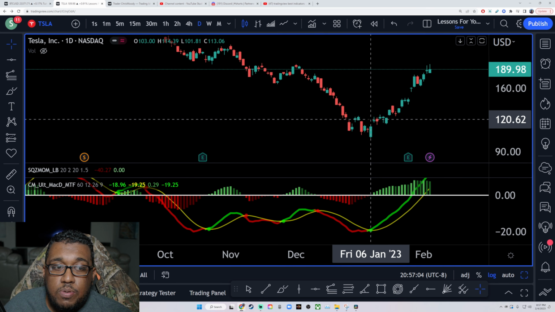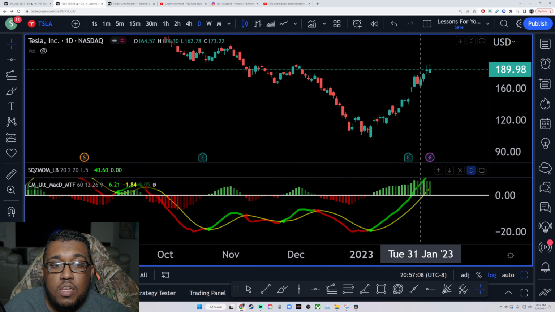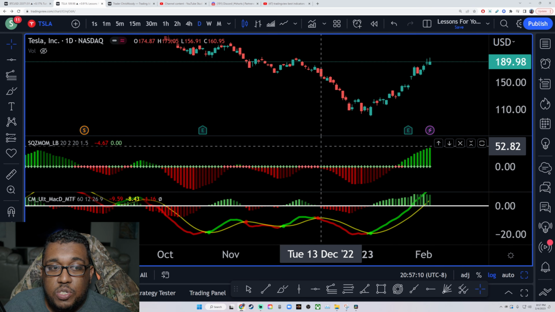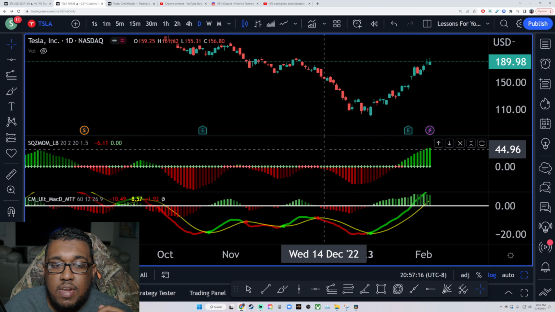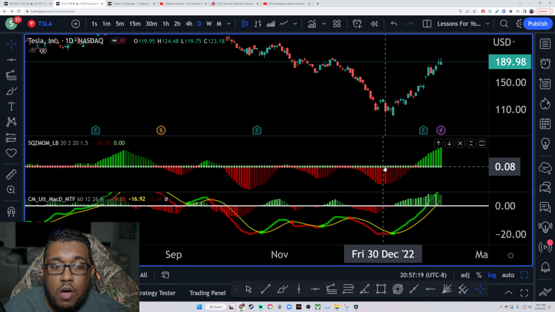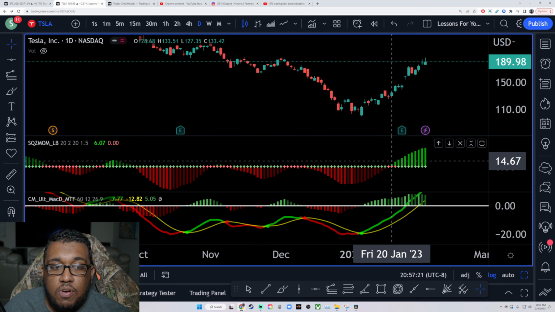What I prefer to do is try to pair this up with other indicators here just to make sure everything is going in the right way. So typically what you guys will see me doing is the squeeze indicator by Lazy Bear. This is another good one. If you guys want to learn how to use this one, I'll have a link up on top of the screen right now. Now, as far as this one's concerned, you're waiting for that MACD crossover as well,